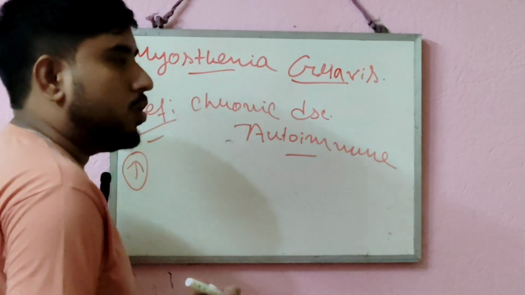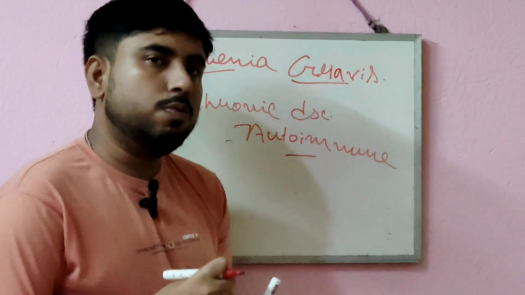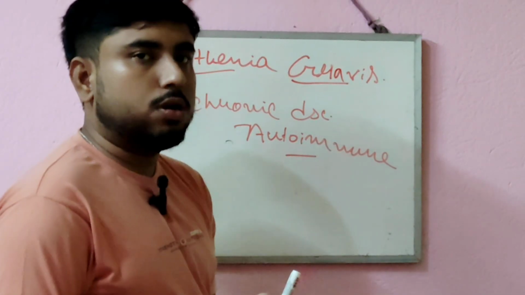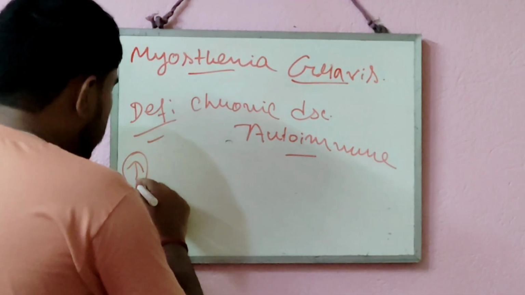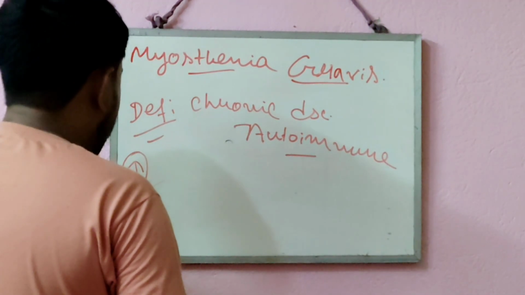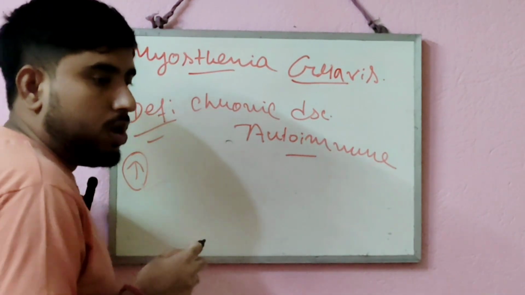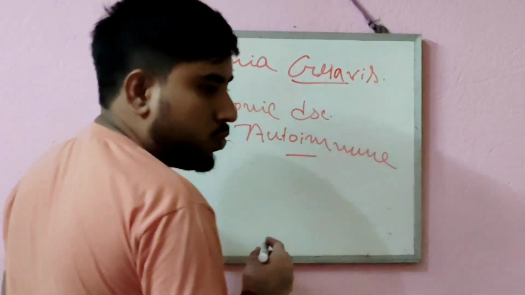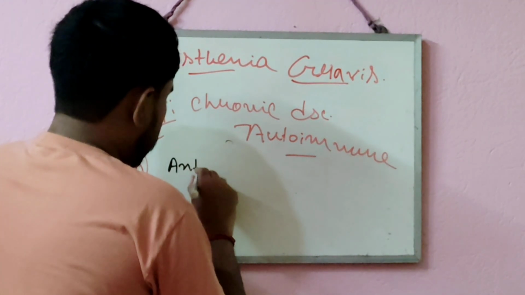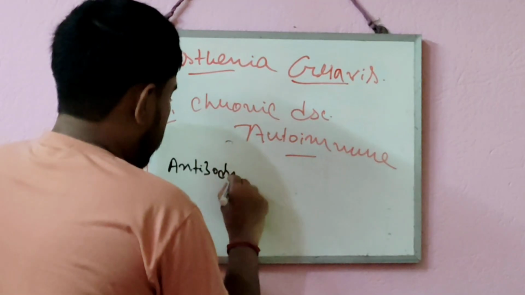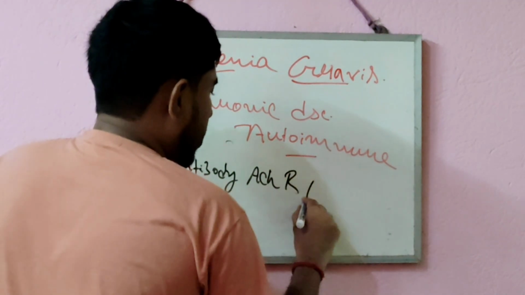In autoimmune disease, as I have told you, the immune system overreacts against its own system, its own material or particles that are important to our body. In the case of myasthenia gravis, our immune system shows hyperactivation against a particular molecule. In this case, it shows its action against the acetylcholine receptor protein.